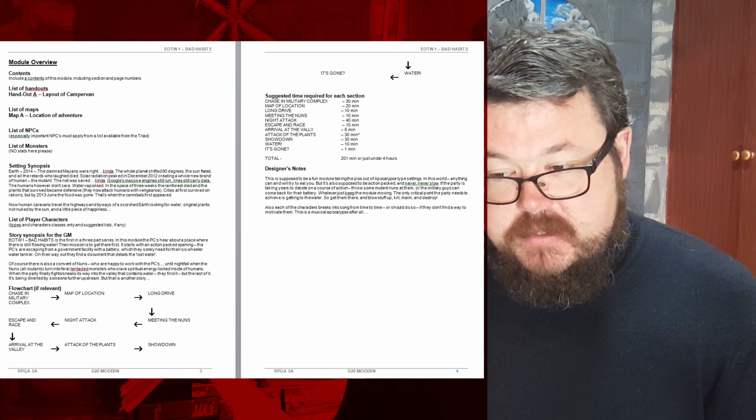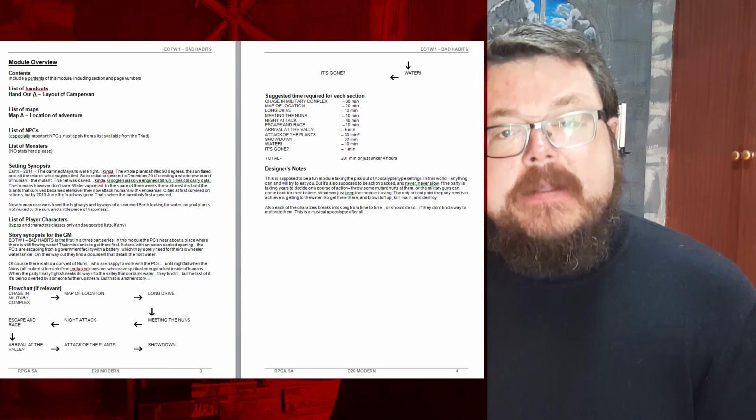A musical apocalypse. Okay, that's now interesting. So this is a module that's stock standard up until that point. So if you then carry on going through it, we now have our overview. We don't need to look